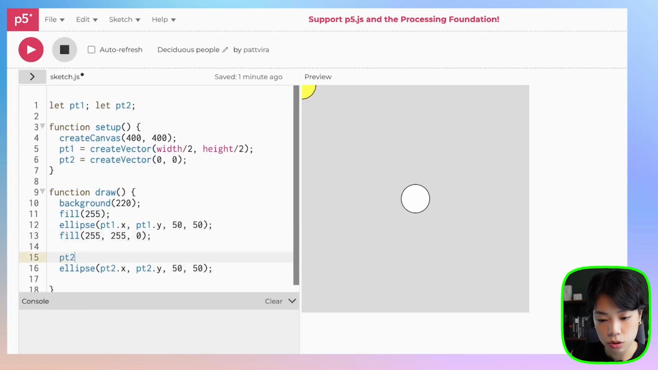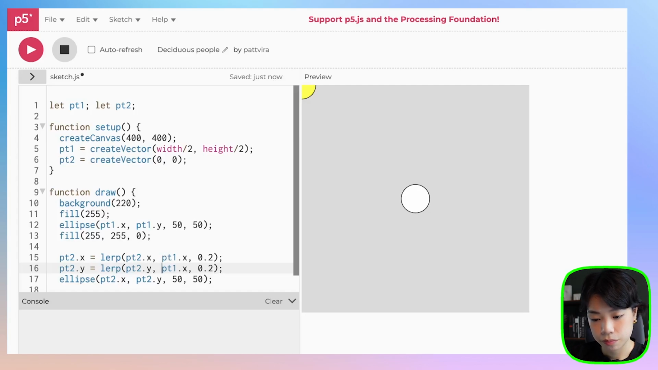So point 2 of x will be equals to Lerp of point 2 of x, right? And point 1 of x, and then we want to, how about we just change it by 20% for x, and we do the same thing for y. Did you see that easing motion? And you can just change this interpolated values, the amount, based on how fast or how slow you want that